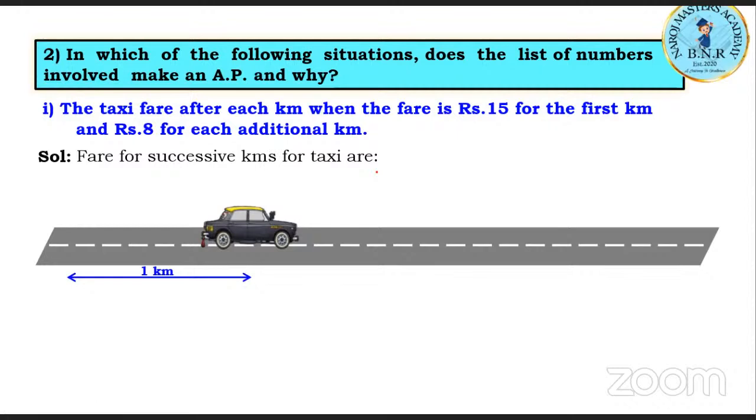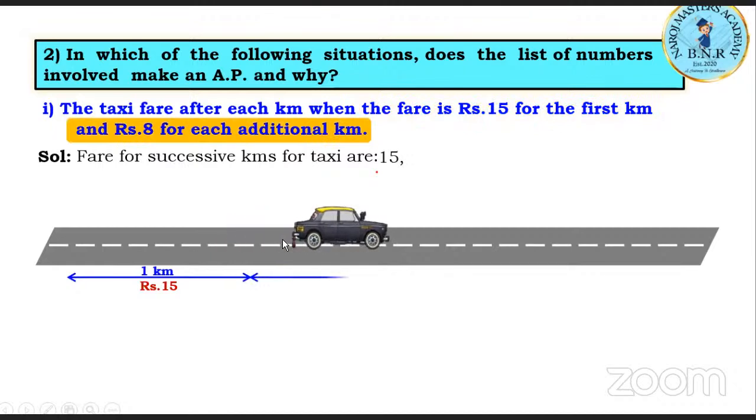Yes, sir. So first one is 15. Then for the next 1 kilometer, the fare for the first kilometer is 15. Second kilometer, we have to check. The taxi traveled for how many kilometers total? 2 kilometers. Very good. So what is the fare for the next 1 kilometer? Plus 8 rupees. So first term is 15. Second term is